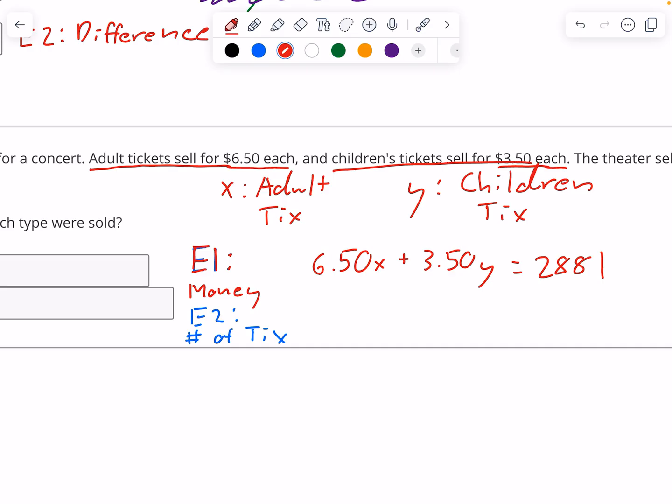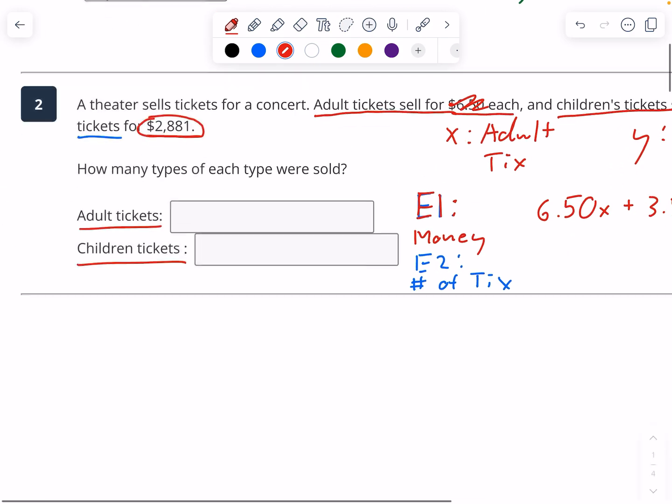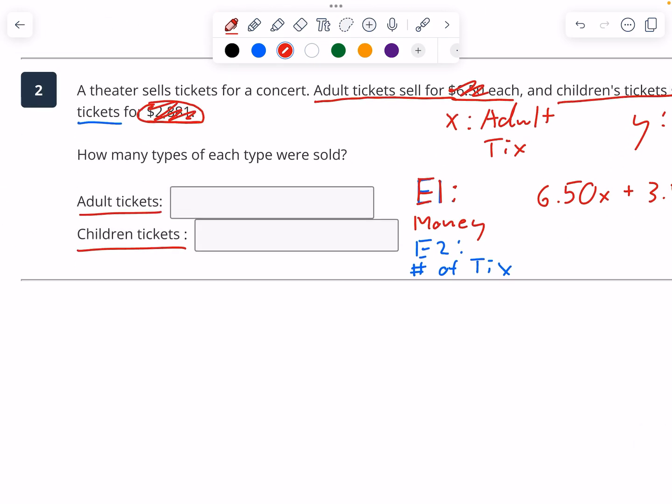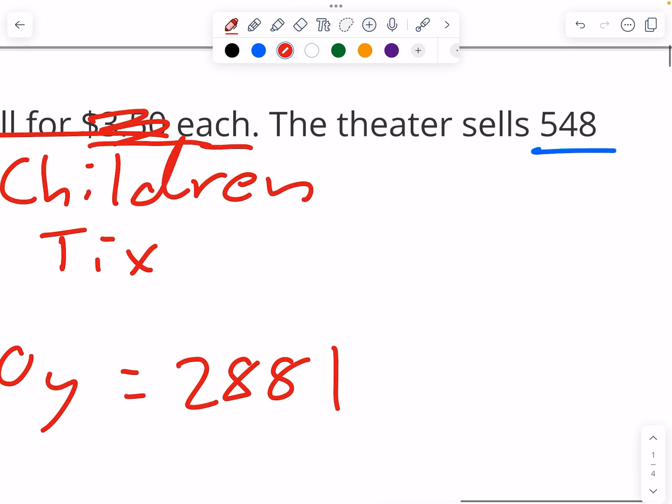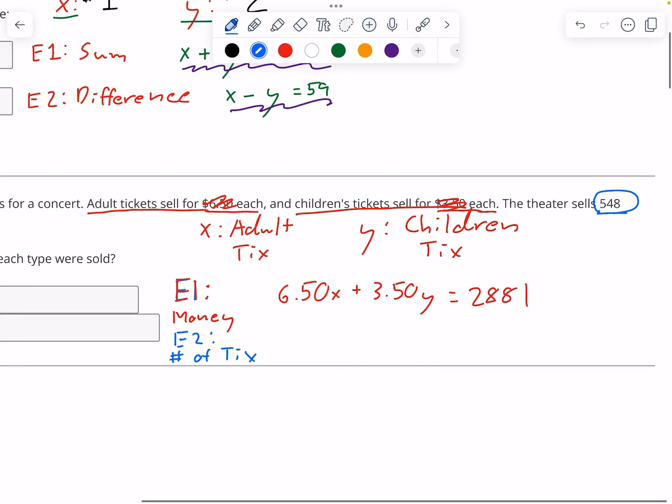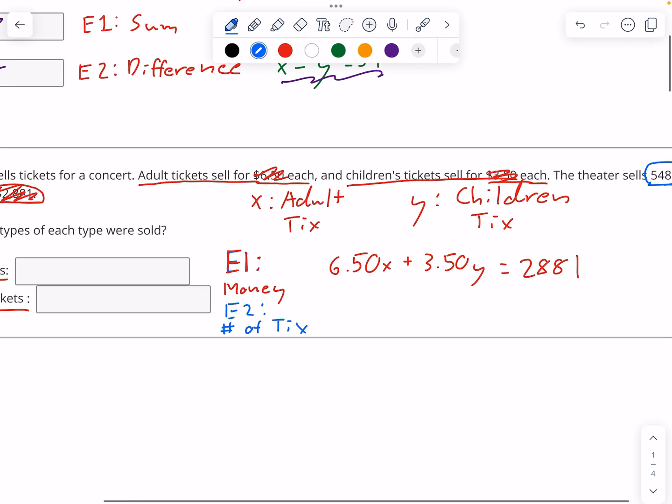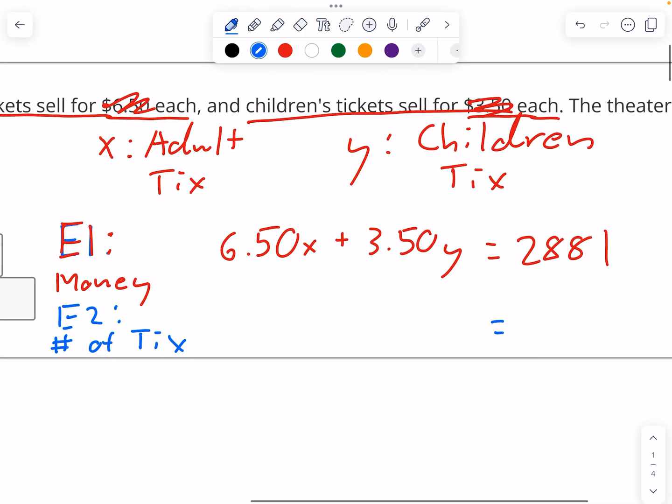Okay. My second equation. So I've already used 650. I've already used 350. I've already used the 2,881. The only one I haven't used is that 548. That is the total number of tickets they sold. So we're going to say that that equals